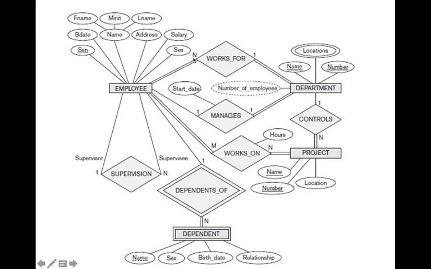Then we can specify the cardinality ratio here, n and 1. Here actually it is not 1, we would have to specify 3, because as per the example there should be at least 3 employees. Here we have taken only 1, that is at least 1 employee should be there in a department. And a department can have n number of employees, a maximum of n employees.